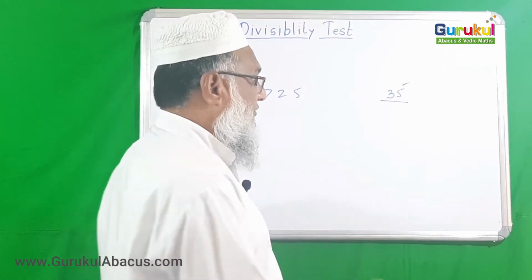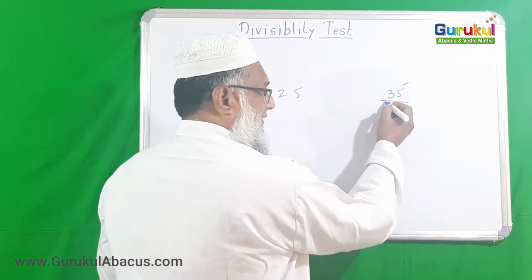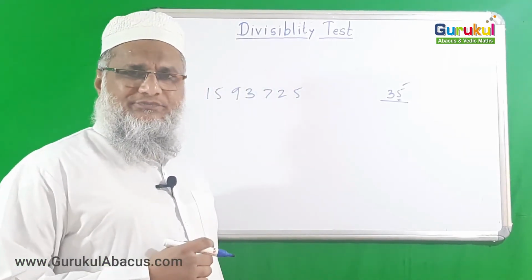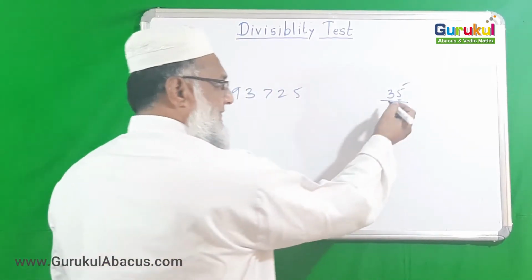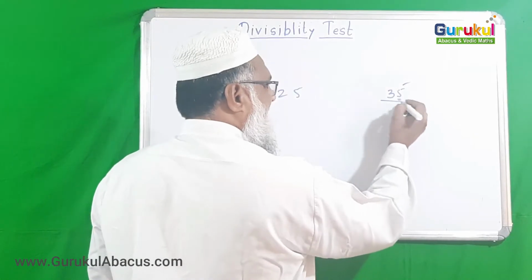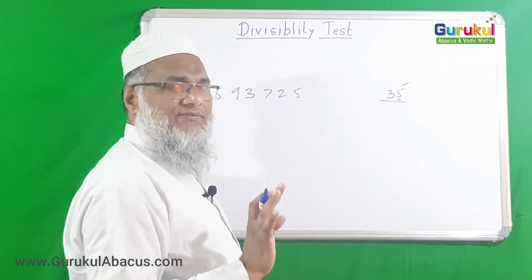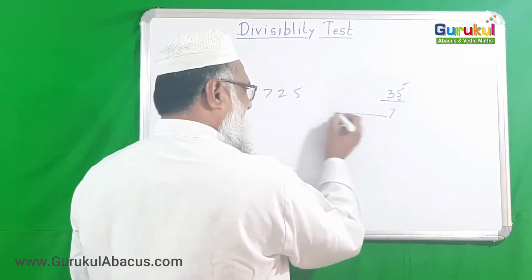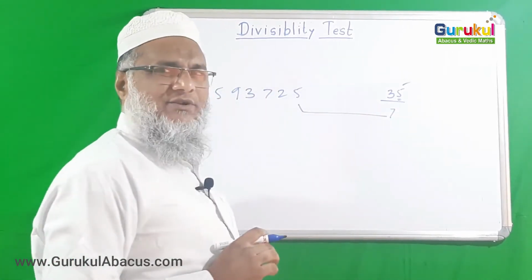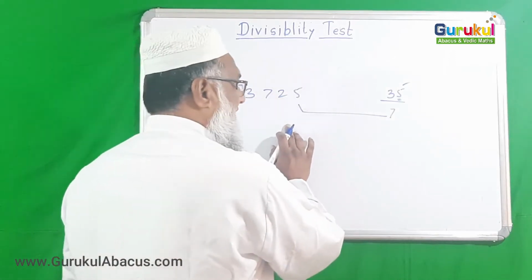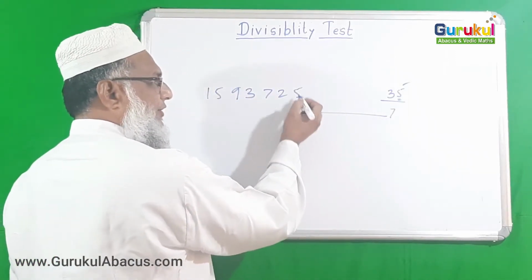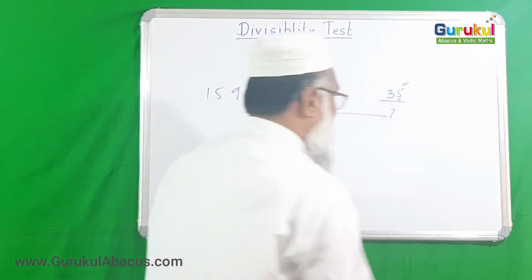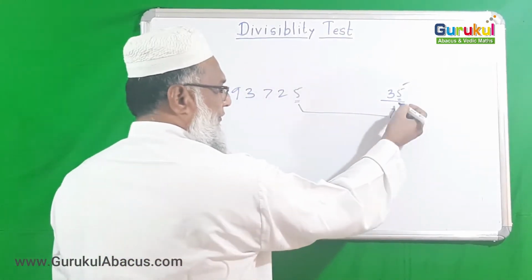Now suppose our number is ending with 5, then in this situation what to do? Very simple. Firstly, if it is ending with 5, then divide it by 5 first. If you divide by 5, you get 7. Then try whether this number is exactly divisible by 7 or not. If it is divisible by 7, and it is ending with 5 or 0, then definitely this number is exactly divisible by 35. So see, here I only need to check 7.